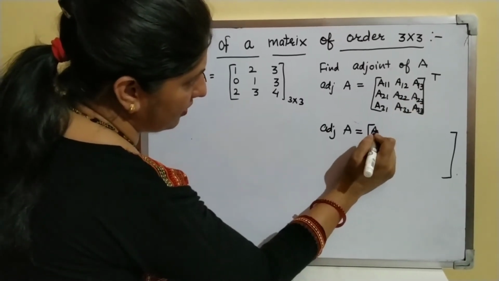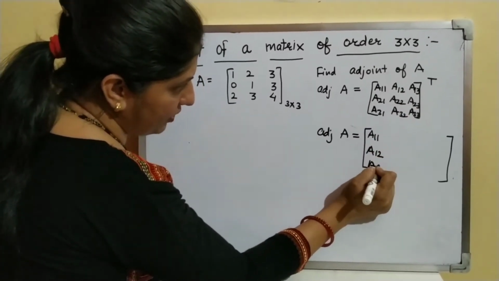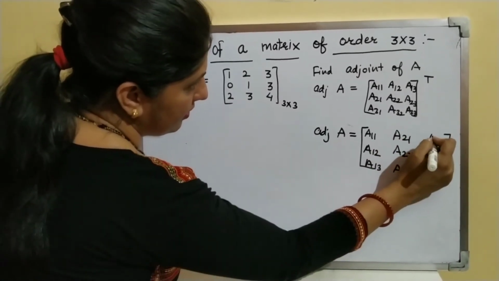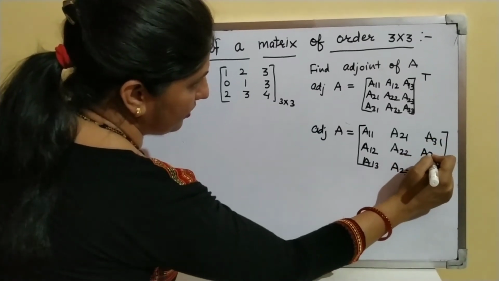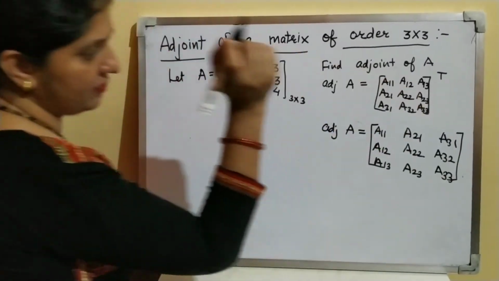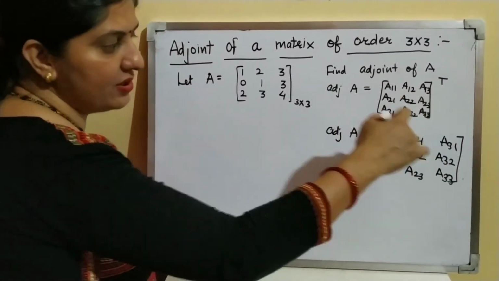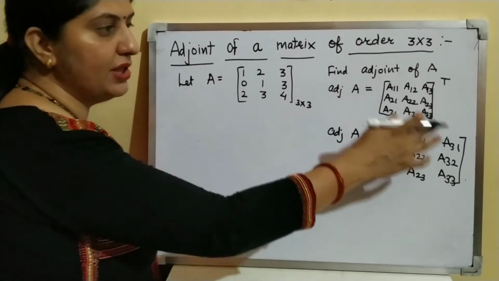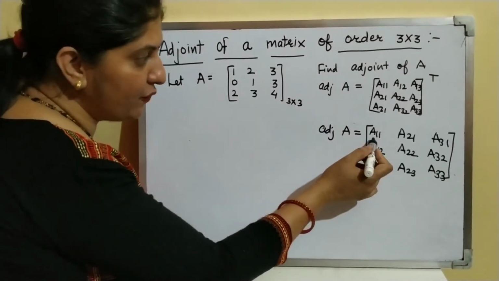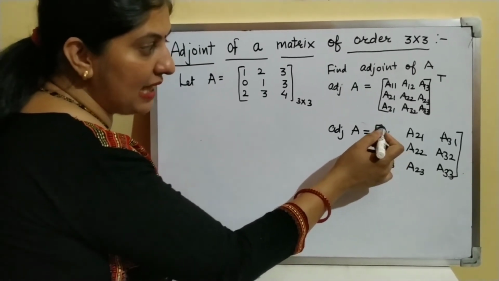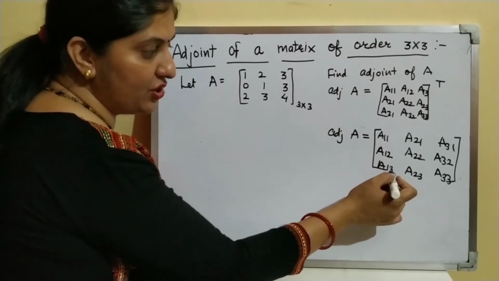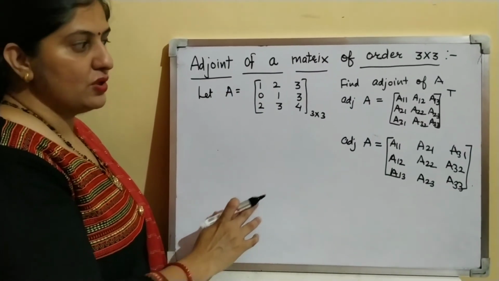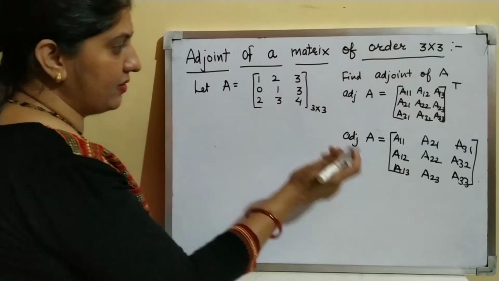So, actually, the adjoint of matrix A is equal to the matrix where the first row becomes the first column: A11, A12, A13, A21, A22, A23, A31, A32, A33. We have to find this matrix. For finding this matrix, we have to calculate all the terms, means we have to find the cofactors, capital A11, A12, A13 and so on, of the elements of the given matrix capital A. So just start calculating cofactors.